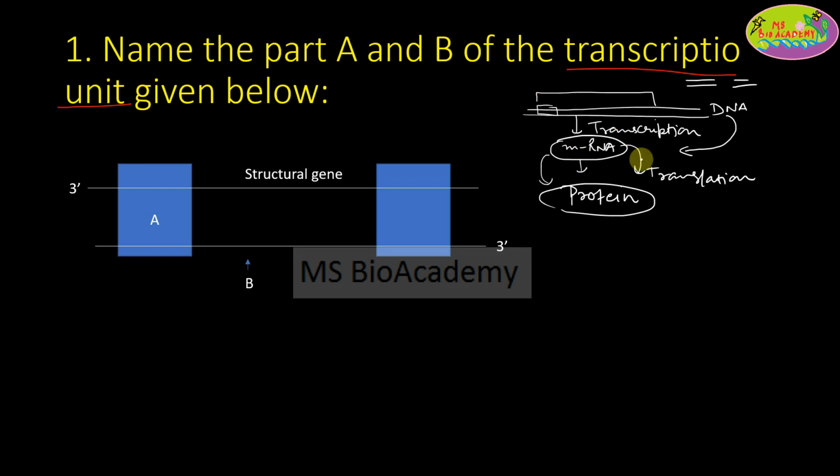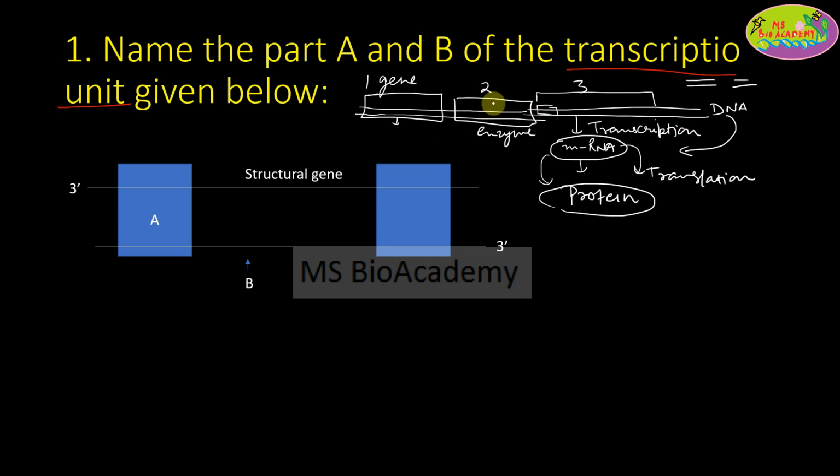Because DNA is a very long molecule, a lot of genes are present here. That means a lot of transcription units are present there. One gene is going to code for one particular protein. So this gene might be responsible for, let's suppose, a protein which may be helpful for making our hair black, or maybe some other enzyme it is coding for. This particular gene is coding for some enzyme which may be involved in some metabolic pathway, or may be involved in something else.